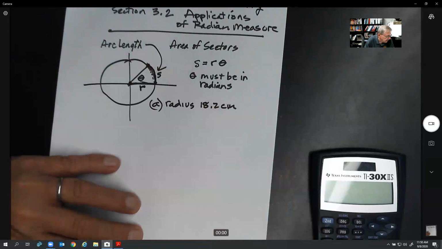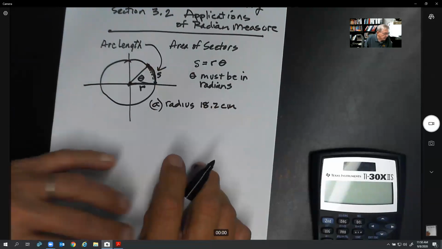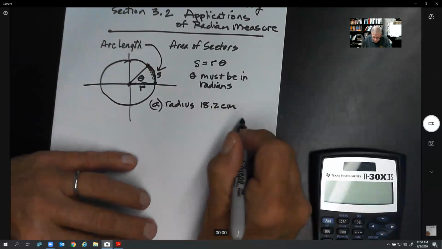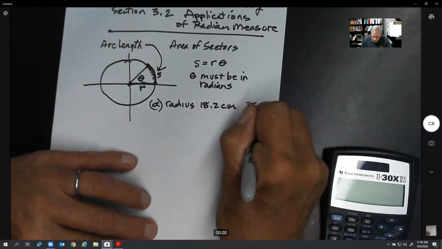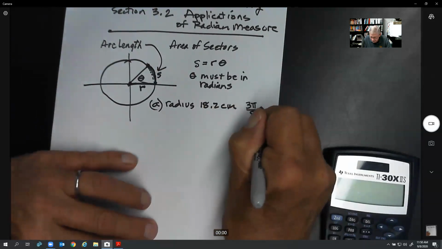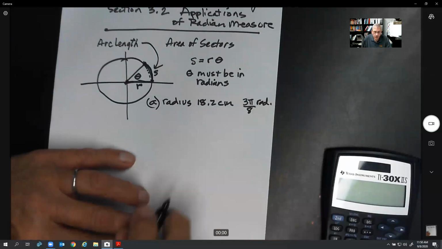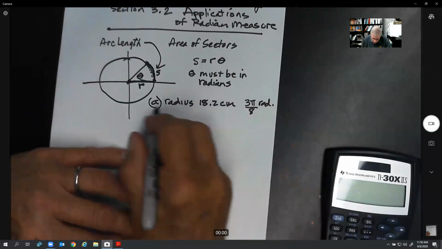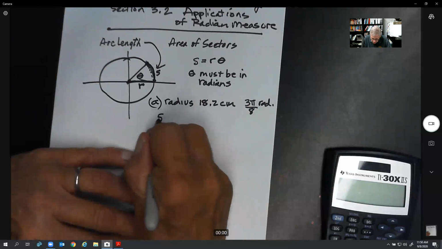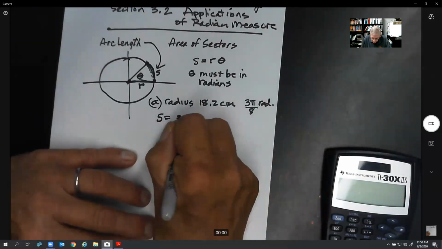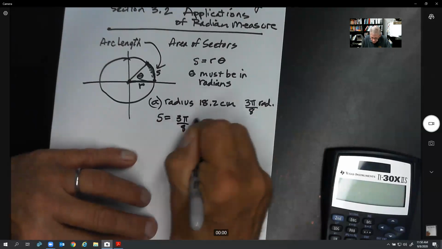We want to know the arc length if the angle is 3 pi over 8 radians. How are we going to do it? We're just going to plug it in. S equals, that's what we're trying to find, 3 pi over 8 times